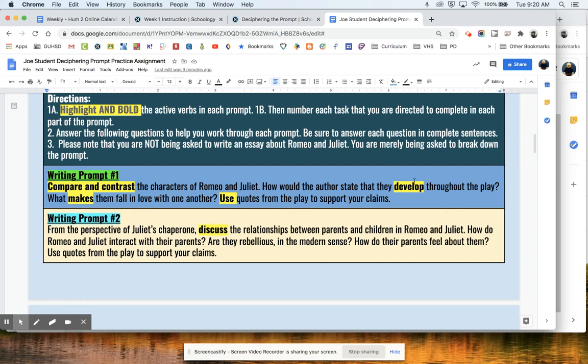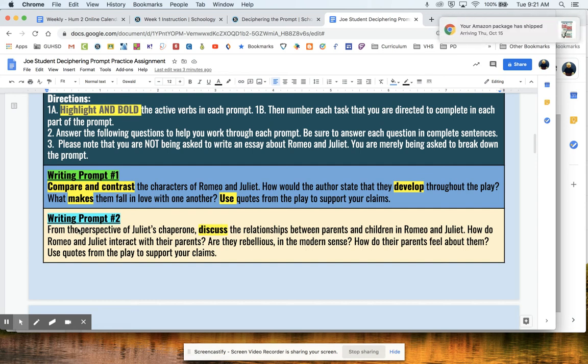Since it asks you how they develop and it asks you what makes them fall in love with each other, this is perhaps looking at how they work as a dynamic romantic couple, how they changed as a result of their relationship. That probably should be clarified in the question, but it would be common sense to think that that's probably what it's asking you to do. Always good to check with your teacher to make sure that you are interpreting it that way and it's correct. And the same for number 2.